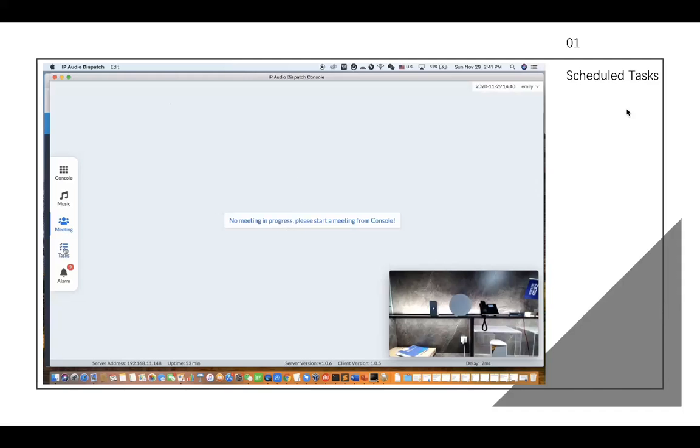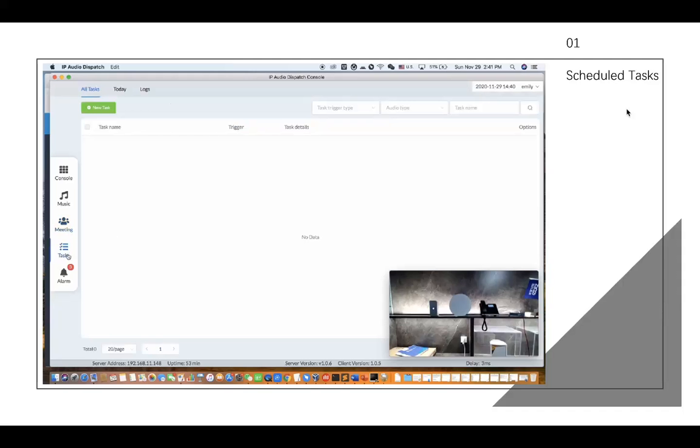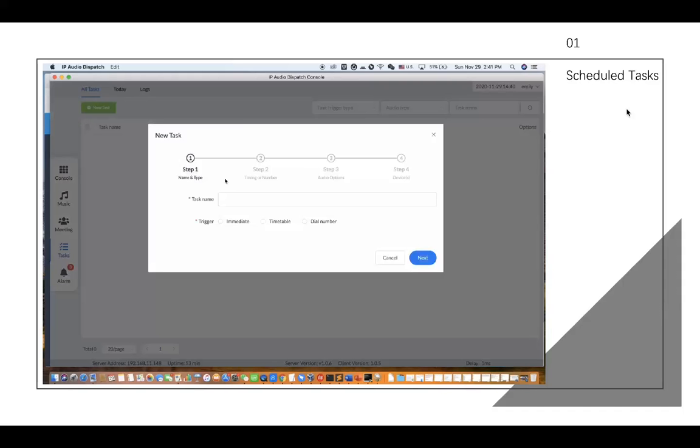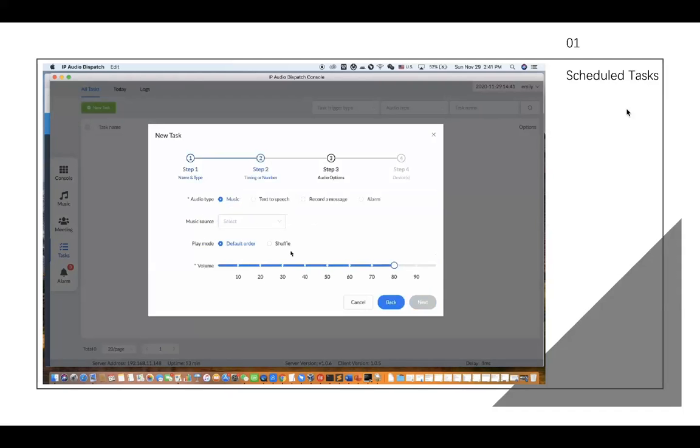And for task, moving on to the task. So task is a big feature on our dispatch console. We support 3 different types of tasks. The first one would be the immediate, then timetable, and also dial number. So let's do task 1. Let's choose immediate. Next, we can choose the audio type. So you can play music or